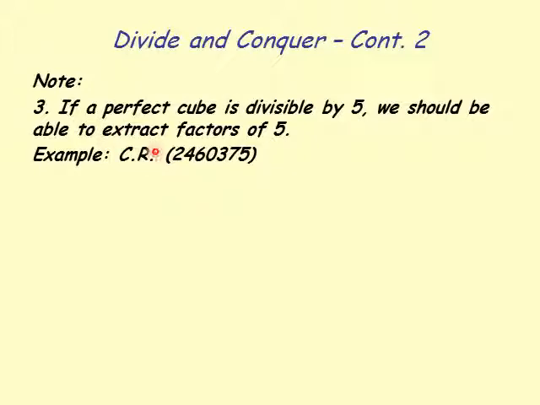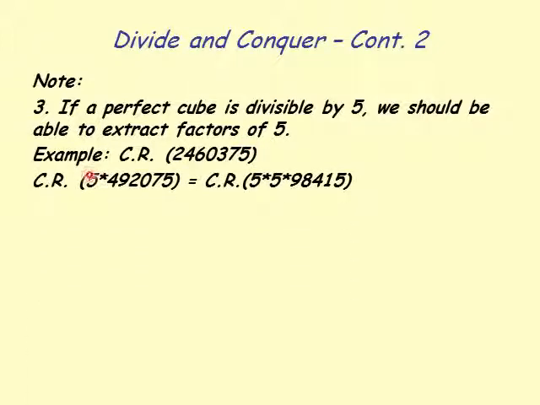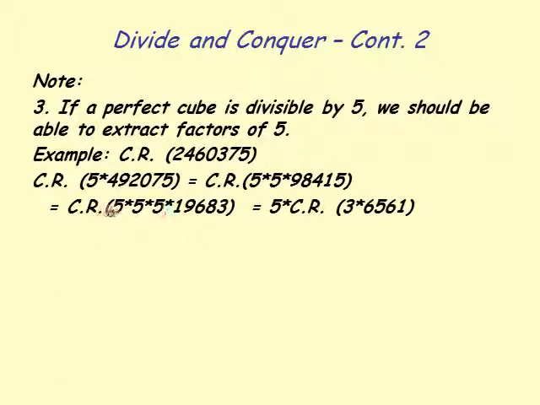Take the example of the cube root of 2460375. So the cube is divisible by 5. Let's see what we do here. We are trying to extract at least 5 times 5 times 5 as factors. So that's equal to 5 times 492075, which is equal to 5 times 5 times 98415. That's equal to the cube root of 5 times 5 times 5 times 19683. So that is equal to 5 times